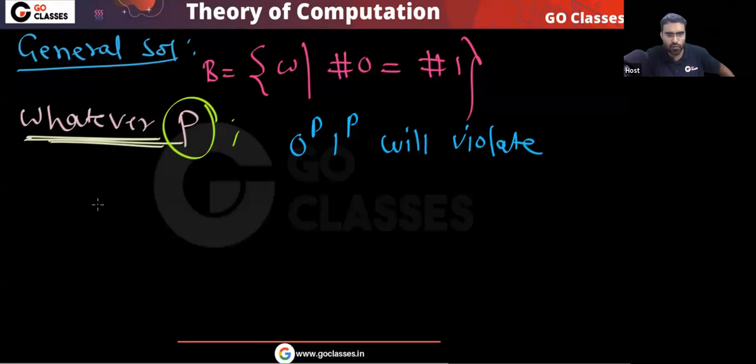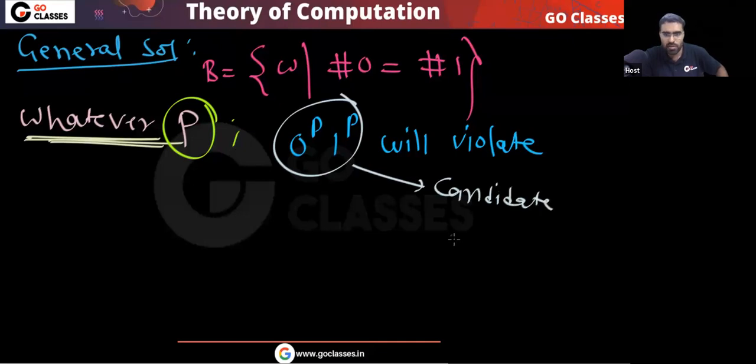And remember, first of all, you tell me, does it have authority? Is this a candidate string or not? Yes, this has authority. So this matters. This 0 power P, 1 power P matters. And if this is angry, then I can say there is a problem. Yes or no? This matters.